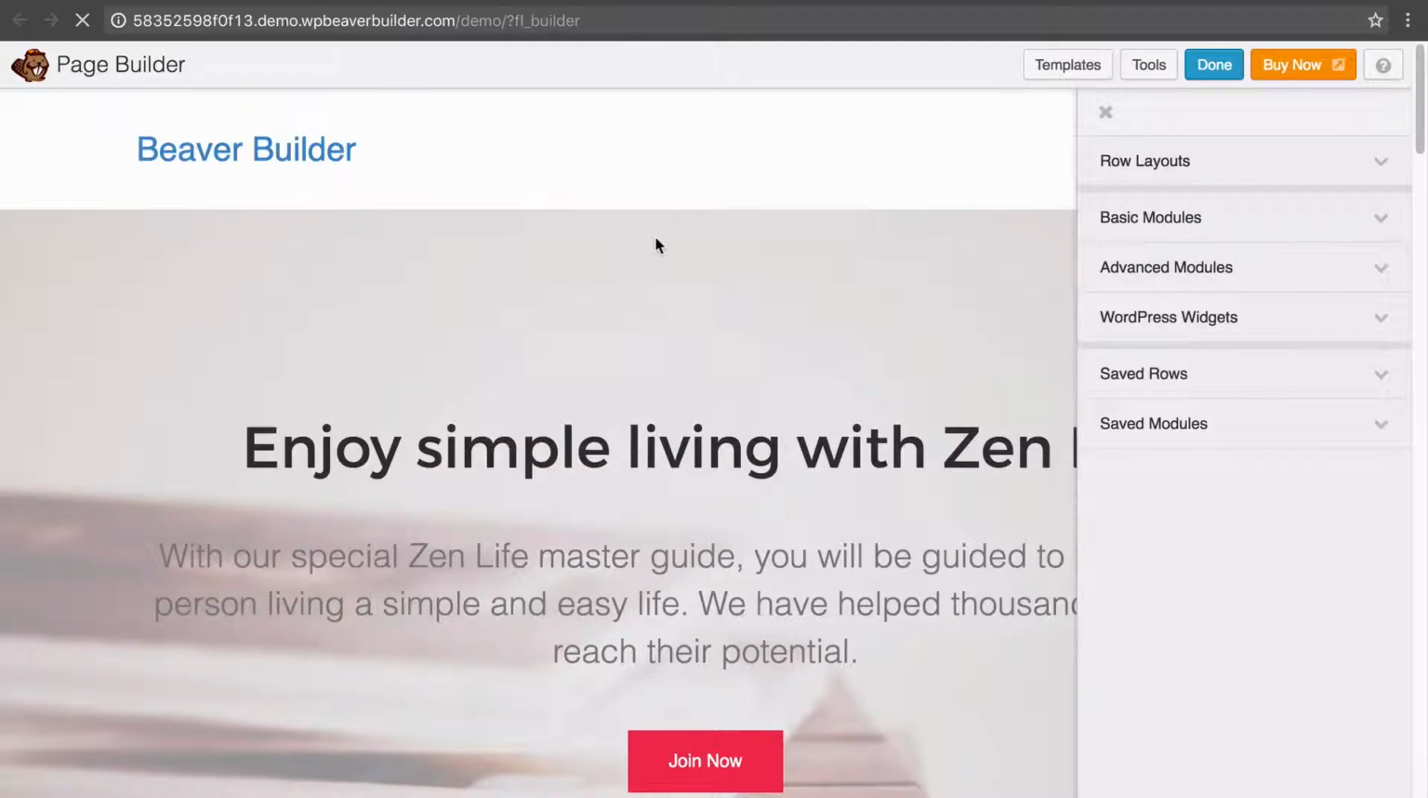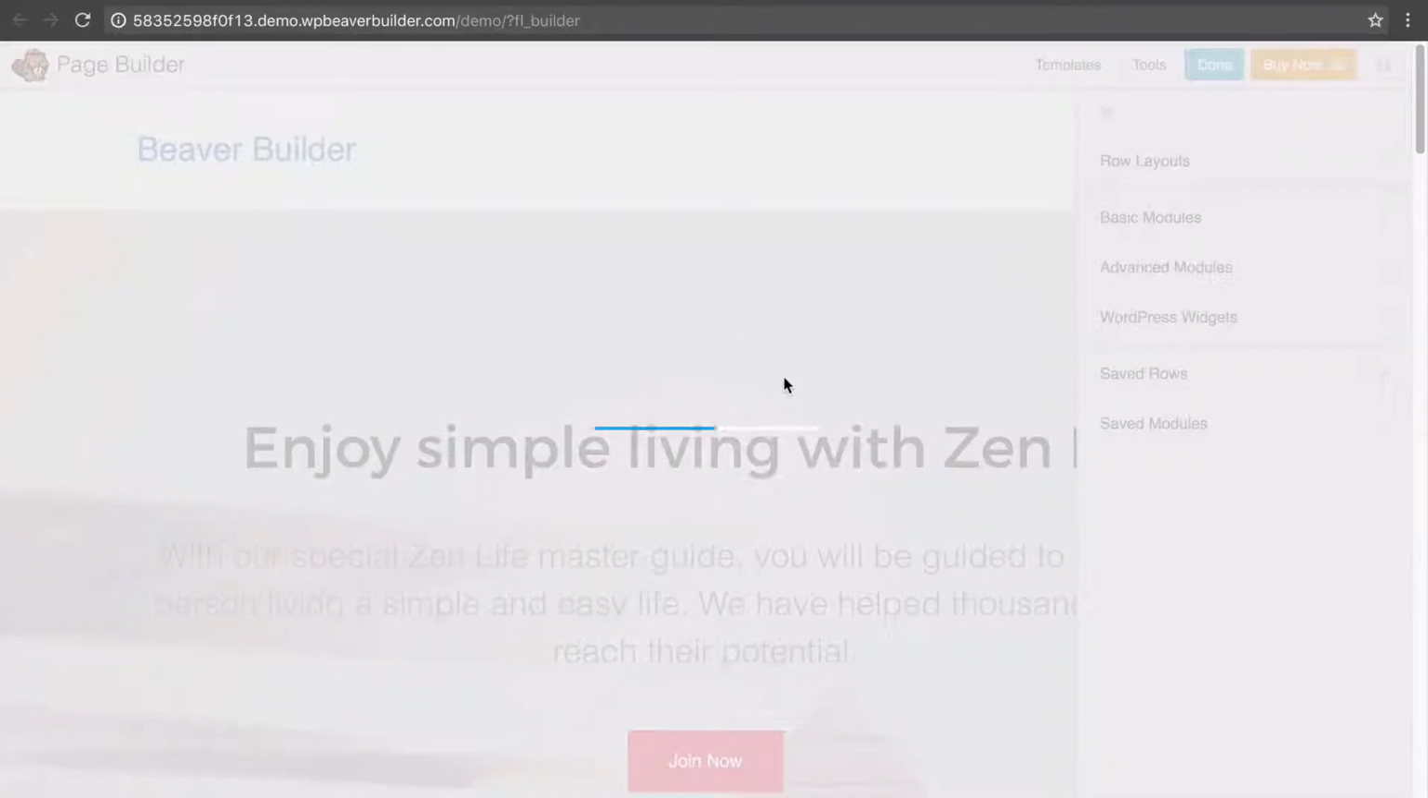And that'll take you to your own sandbox, so your own demo website that has just been automatically created. And in this demo is not only the Beaver Builder plugin where you can have a play with the different modules and all that sort of stuff that come in the paid version, but you can also play around with the theme. So if we click Done and then Publish Changes,